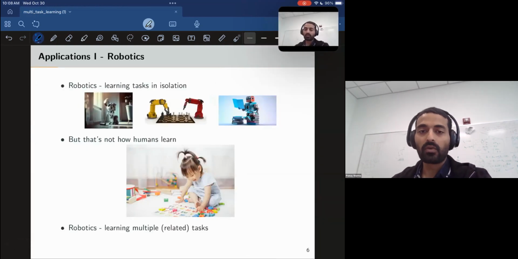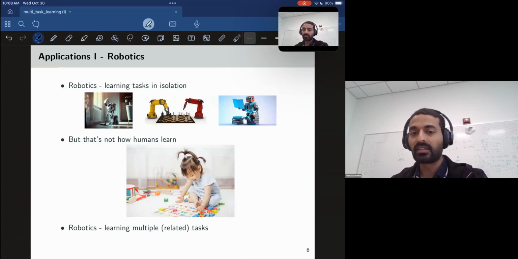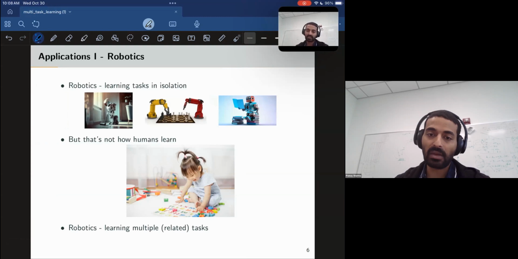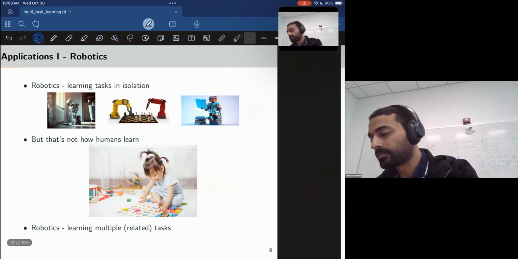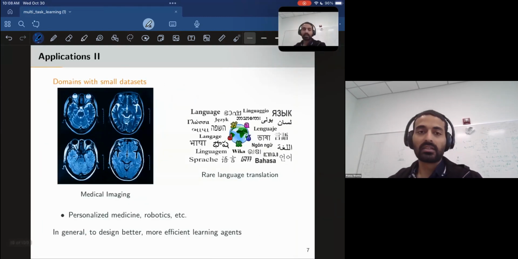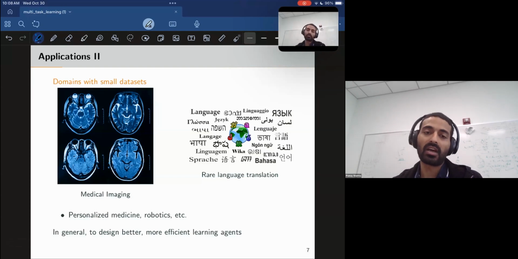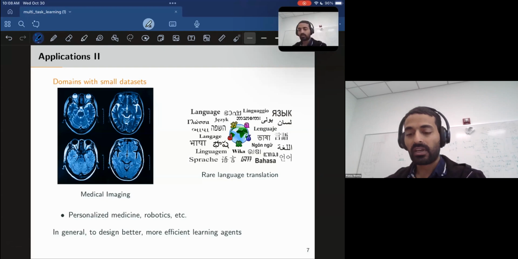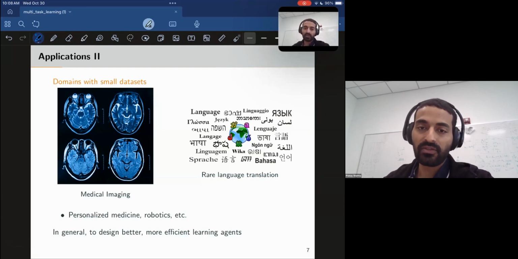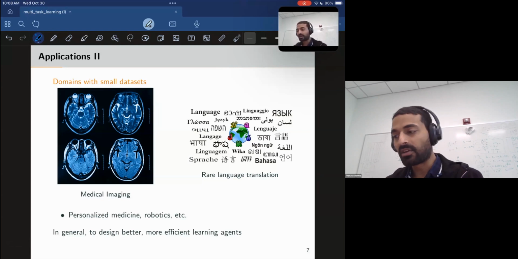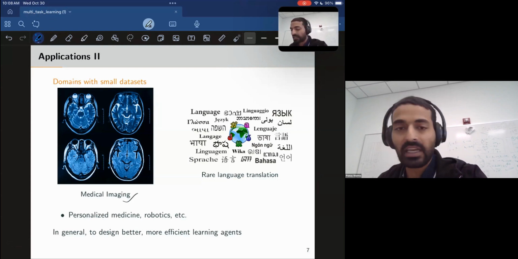So this is what we would want our robots to do as well, that they should be able to efficiently learn related tasks simultaneously. Another application for multitask learning is in domains where you don't have a large amount of data. So even though the most common success stories of deep learning are where you have a lot of data,